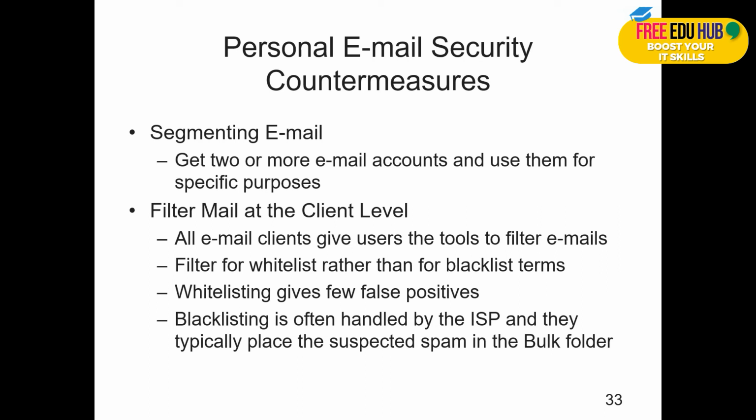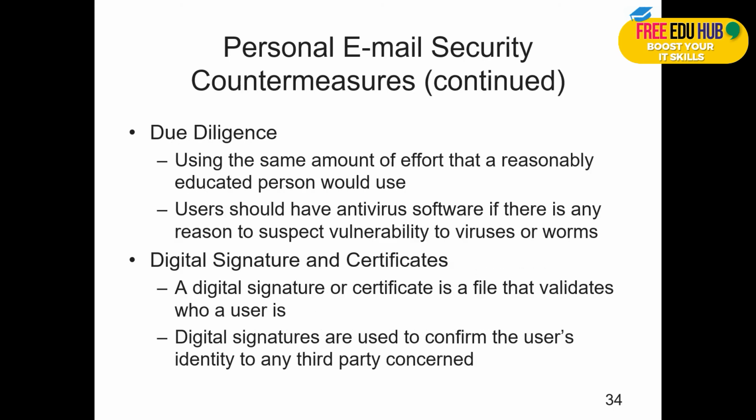Blacklist is where you have defined that these guys will not be able to send you an email. Whitelist is where you define that you will receive email from these guys only. Now that's a lot of work if you are setting up a list with the known domains from which you will be receiving emails. Blacklisting is often handled by the ISP, and they typically place the suspected spam in the bulk folder. Now due diligence is using the same amount of effort that a